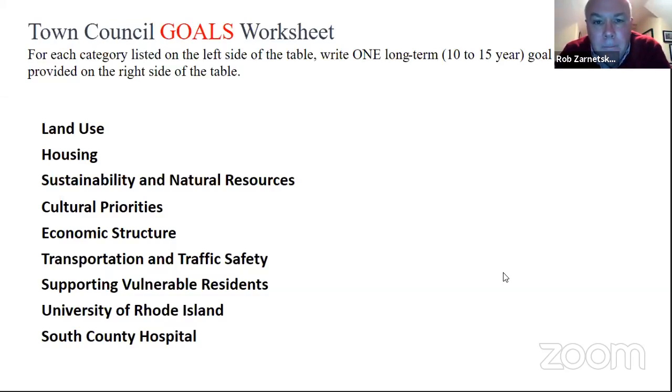What about traffic safety? What's our goal with regard to traffic safety? I think the goal is stated in the heading, right? It's traffic that's safe. I don't know how else you would state that. What's the goal for traffic safety? Well, we want traffic to be safe. For pedestrians, for bicyclists, for other vehicles, for everyone.